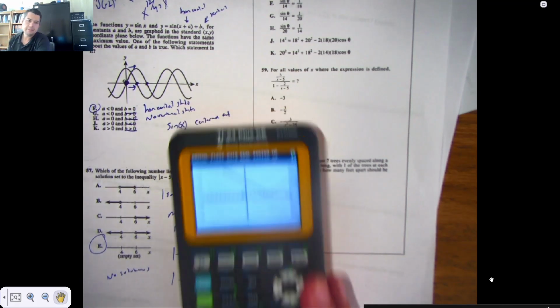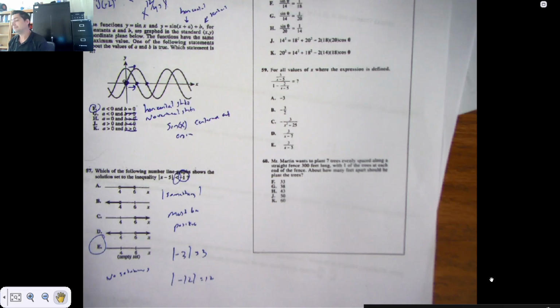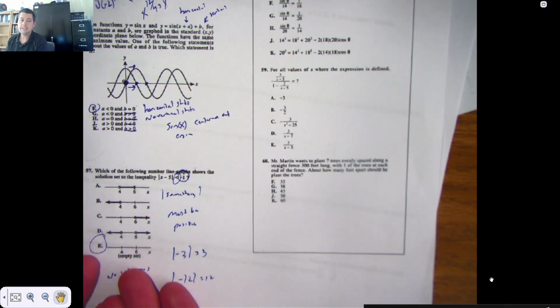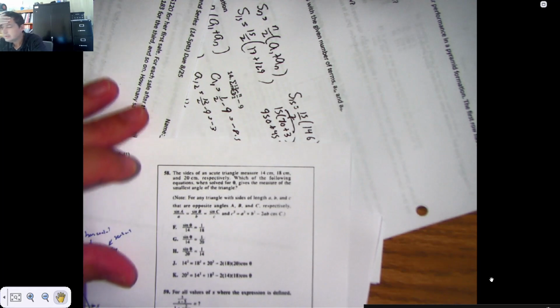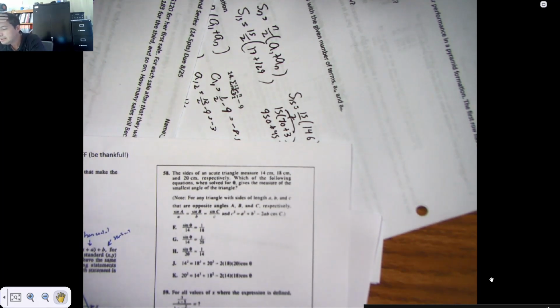It's the empty set. Nothing. And maybe you've never seen anybody say that is no solution, but no solution is what's called an empty set. All right, 58. The sides of an acute triangle are 14, 18, and 20 centimeters respectively, which of the following equations,